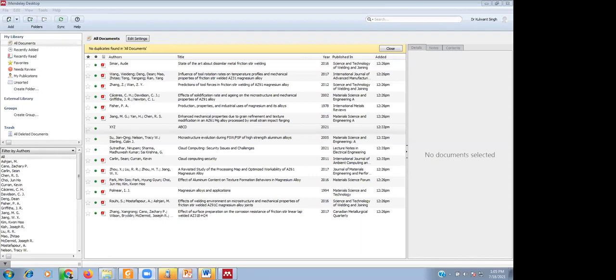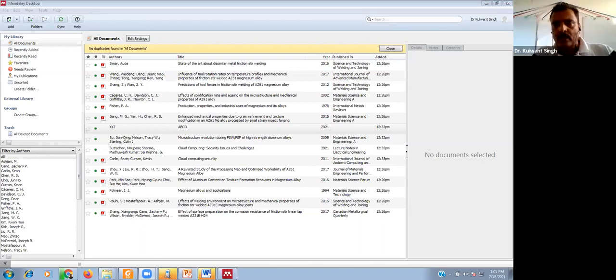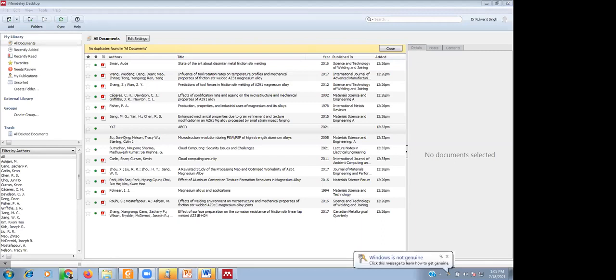That from G. Babu: this method of referencing is both applicable for humanities and science. I believe yes, Dr. Kulwant. Yes, sure, sir. Because in this Mendeley desktop, we have to focus only on the selection of our reference style, and the rest of the things are common for all the streams.